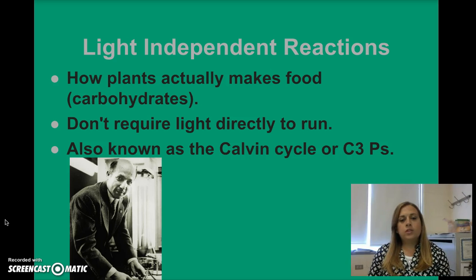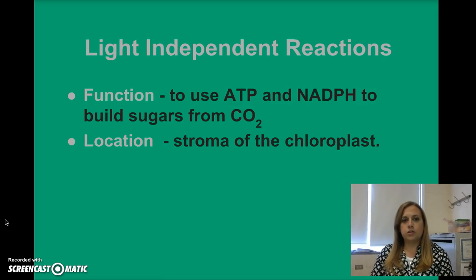And so this part doesn't require light directly to run. However, the energy from light that's captured during the light-dependent reactions is going to be sent over for use in the light-independent reactions. This is also known as the Calvin cycle. That's a picture of Melvin Calvin, who this cycle is named after, or it's also called C3 photosynthesis, because at the very end you're actually producing these 3-carbon sugars that can then be used to make larger sugars like glucose